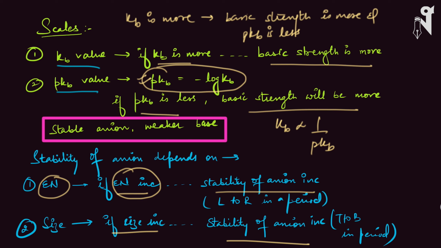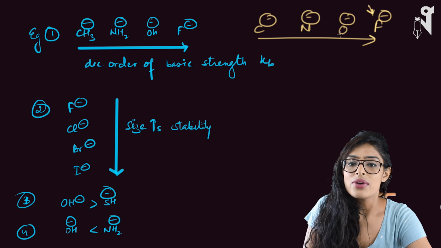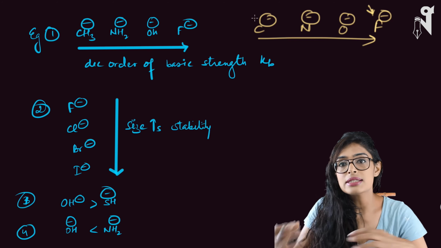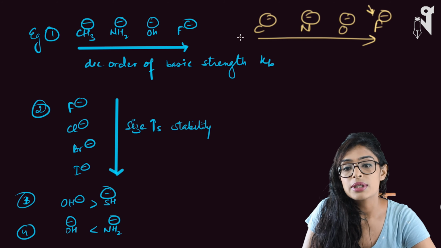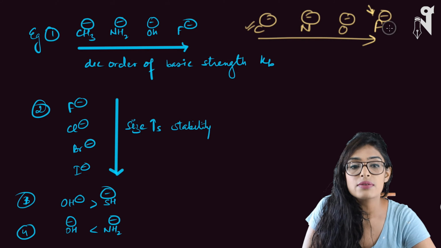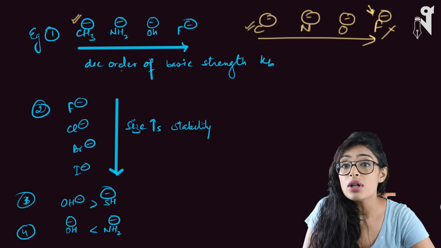So if you look, the electronegativity is increasing like this. That means fluorine is very happy with its negative charge. Why? Because it is electronegative. It doesn't want to give away electron density. Whereas carbon is not electronegative, and if it has the electron density, it would like to give it away. So this can act as a good base, but this cannot. So CH3 minus is a very good base, but F minus is the weakest among all these. This works only left to right. As I mentioned, and I'm mentioning it again and again, this rule works only left to right. Okay, so this is the decreasing order of basic strength.